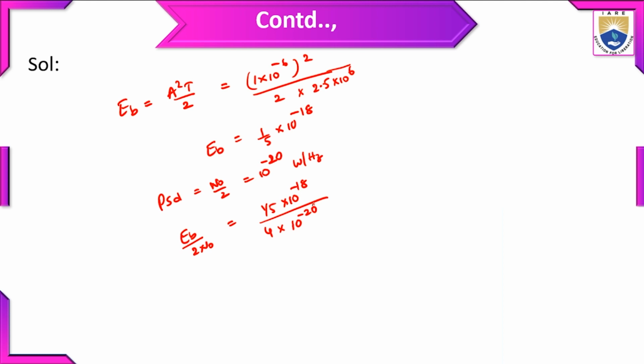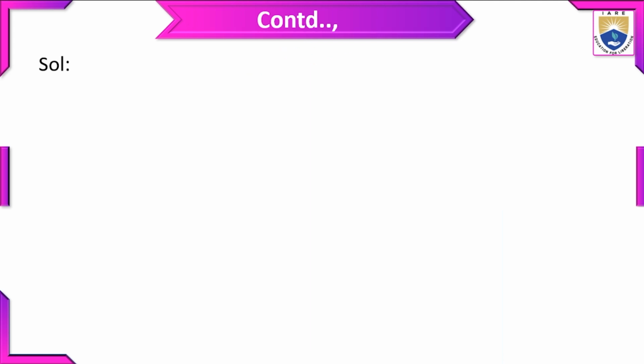So finally, this value is equal to 5. Now we substitute this Eb by 2N0 value in the probability of error. So what is the probability of error? This one, that is 1 by 2 erfc of square root 5. Okay. So again, 1 by 2 erfc of